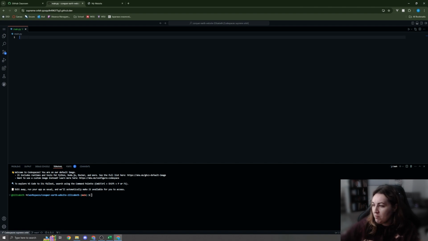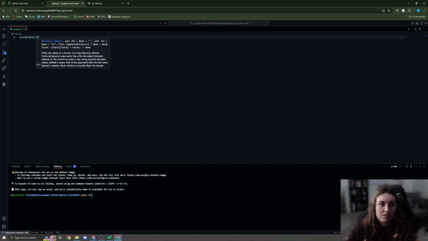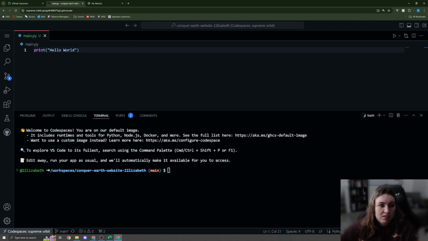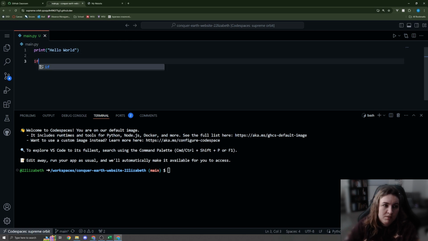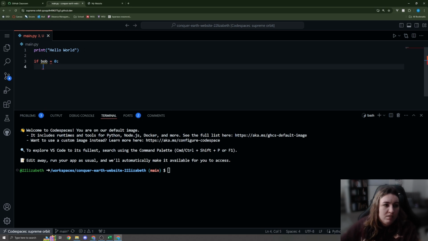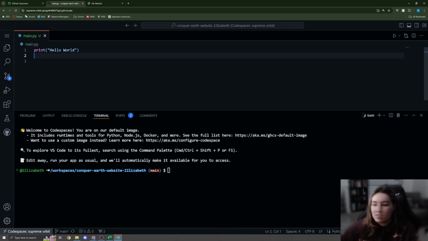And now I'm in main.py. I'm going to write something like print hello world. Let me actually zoom this in a bunch. So here is my Python. You can see my IntelliSense is working. IntelliSense helps with things like if, well, usually IntelliSense will help with automatically doing indents, but I think it's bad because that's not an actual variable. But anyway, we're going to have Python code here, and then we're going to have a terminal down here,